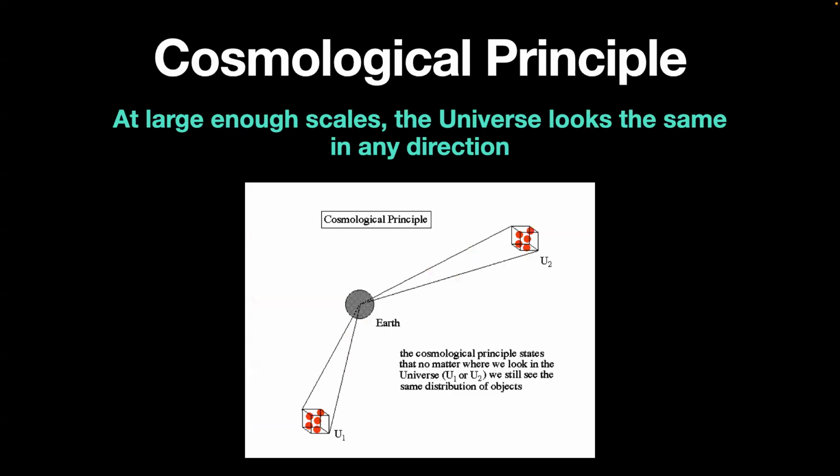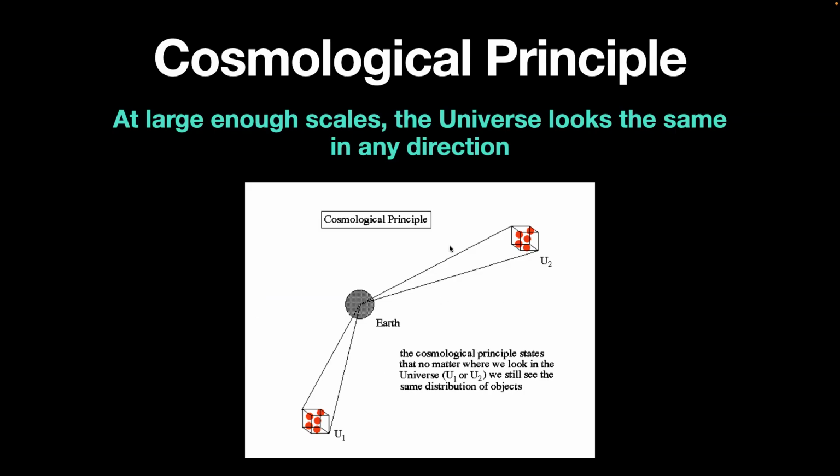Okay, so important to interpreting the universe is something called the cosmological principle. So Hubble, when he was doing his work, he counted the galaxies he saw in many different directions and found basically the same number. So we say that the universe is isotropic and homogeneous. And basically that means that at large enough scales, the universe is basically the same everywhere you look.